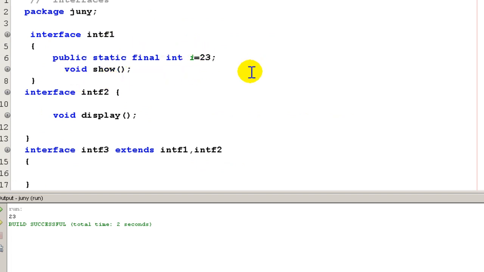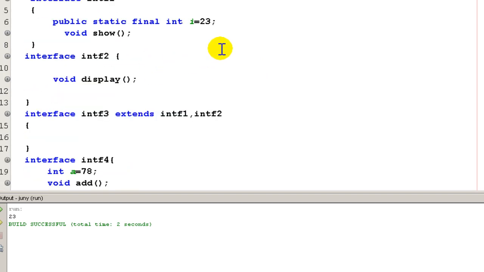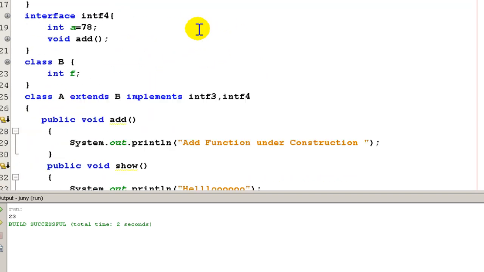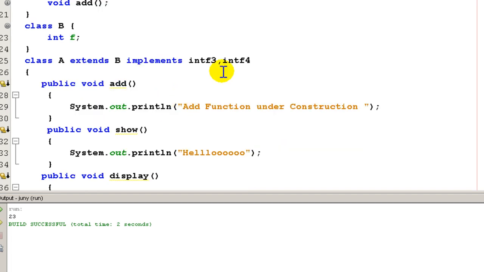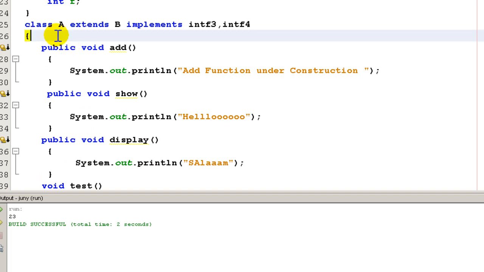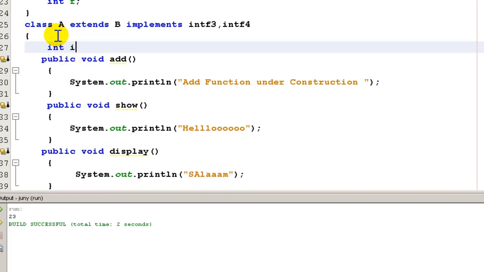What does this mean? This means that the constants in an interface, by implementing the interface, get inherited into the class as well. So you inherit by extends, and you can also inherit by implements. Good. But what if in class A I have my own int I equal to 90? Now if I give it a go,